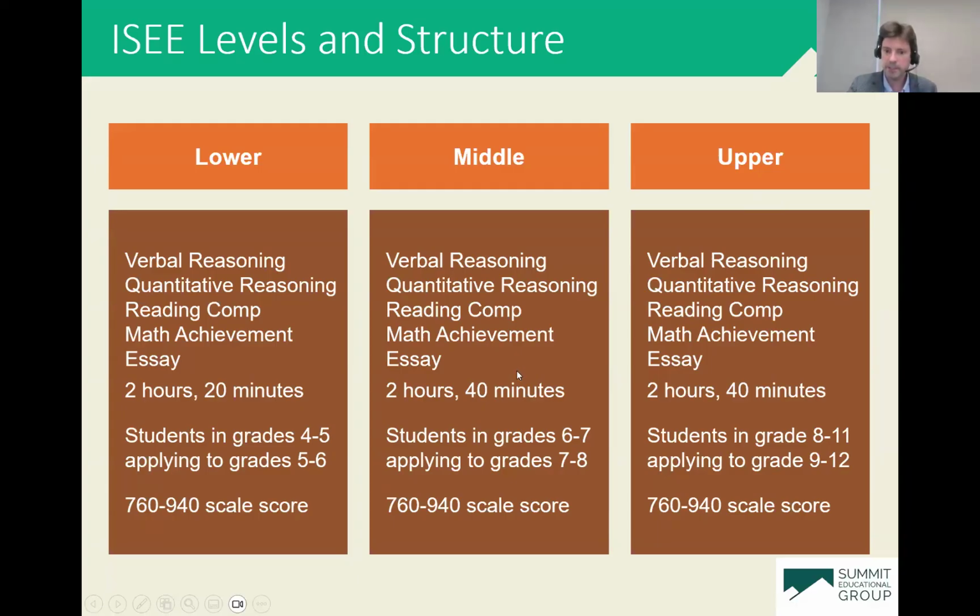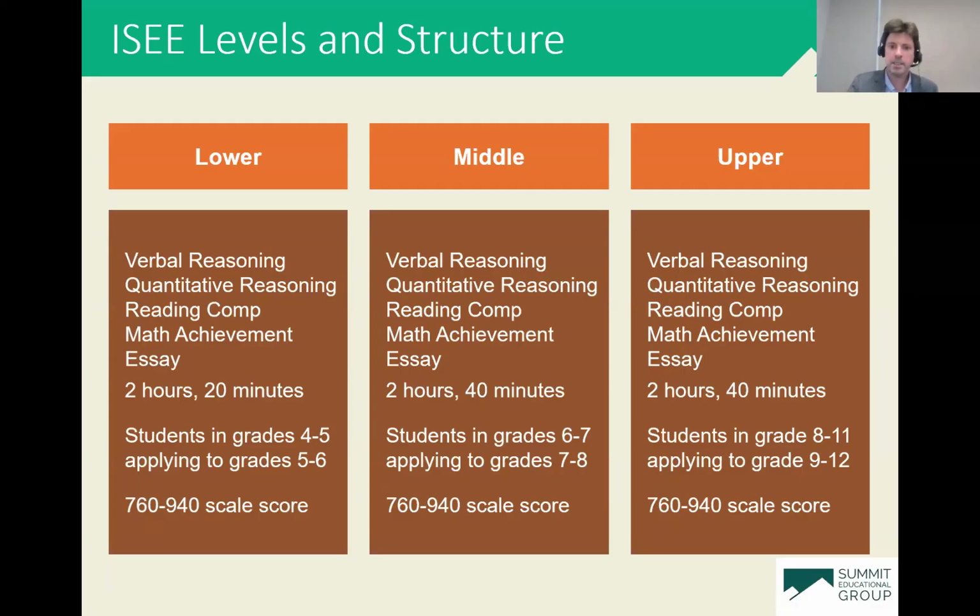And same thing as we saw with the SSAT. Sixth graders are only compared to sixth graders. Seventh graders are only compared to seventh graders because they are taking the same middle level test. And then same thing on the upper level, right? Eighth graders, ninth graders, 10th graders, even some 11th graders are all taking the same test, but eighth graders are only compared to eighth graders, ninth to ninth, 10th to 10th. Otherwise, it would be completely unfair. In terms of the structure of the ISEE, there's a verbal reasoning section. No analogies on the ISEE.